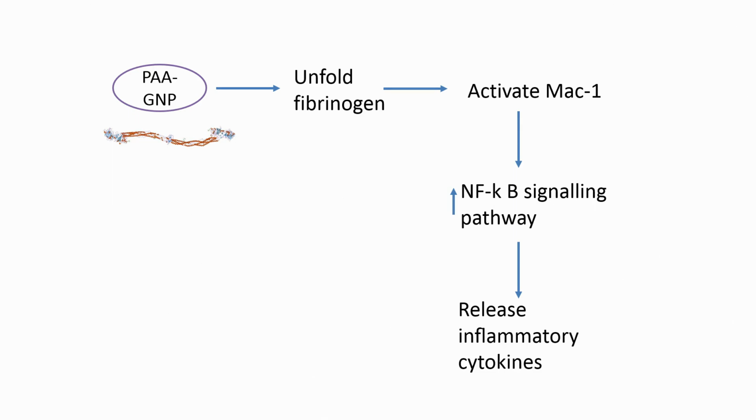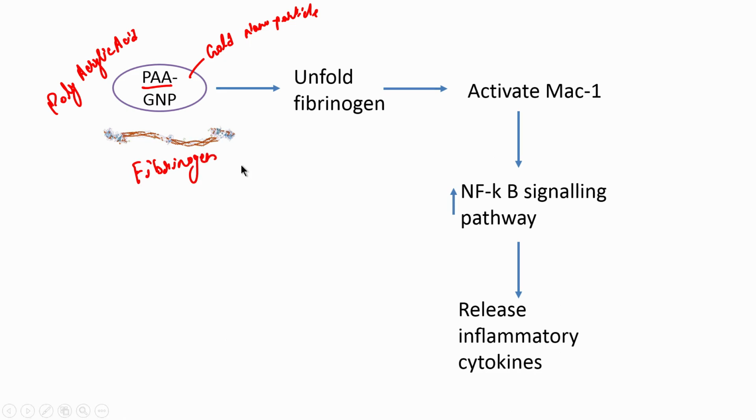What the authors have done in this paper is they have taken gold nanoparticles. During synthesis it uses various polymers, and one of them is PAA, which is polyacrylic acid. They have coated the gold with polyacrylic acid, and then they have incubated this with a protein called fibrinogen. It is a very widely available protein, found in quite an abundant amount in our serum as well. What they have shown in this paper is that once this adsorption happens, it activates MAC1